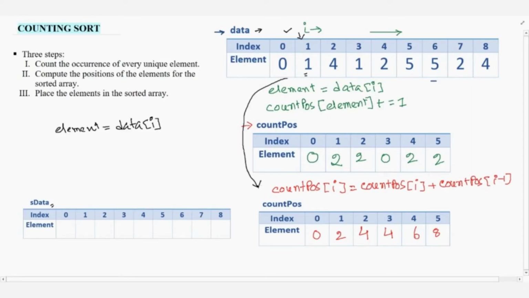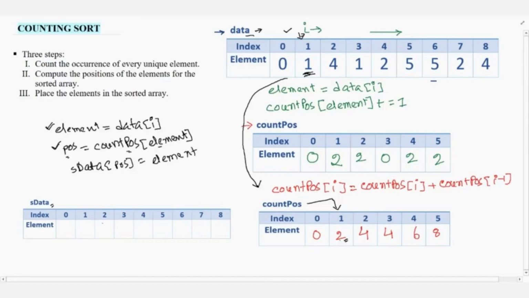So to find the position of 1, we need to write something like this. So we see that for ith element 1, the position of 1 will be count position 1. So the position is 2. In the sorted data array, at position we will place element.